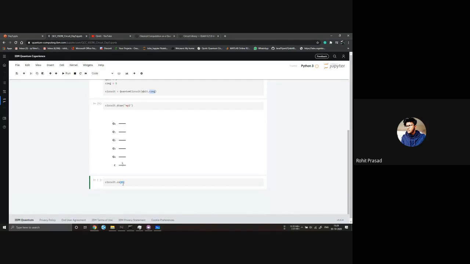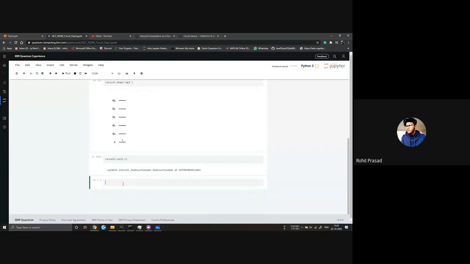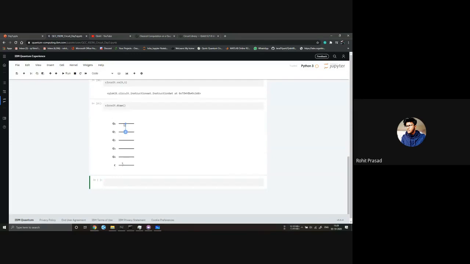So we want a control qubit at 0, and then we want our X to be placed at 1. Okay, something like this. So it's been placed. Let's see what the circuit looks like. Circuit dot draw. Yeah, so we got our CX gate here. Okay, so for the other three, what will I do?